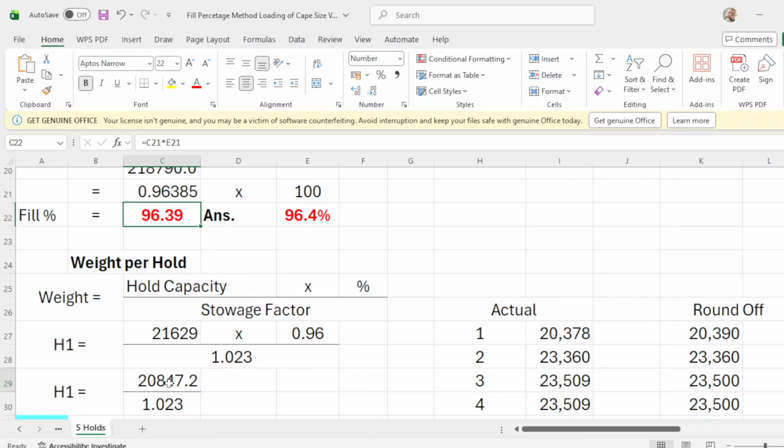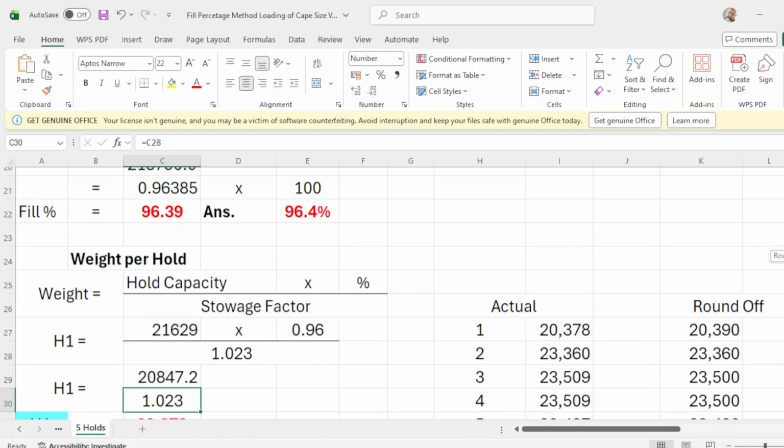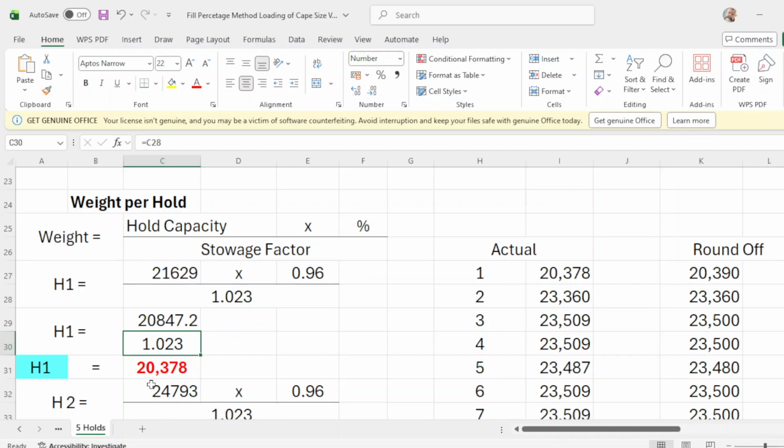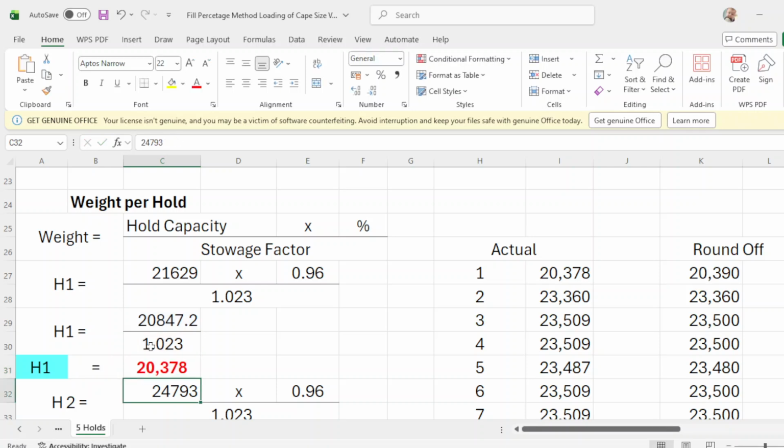So multiply the hold capacity times your percentage of 0.96, that will be 20847.2, and you divide with your storage factor, and your cargo to load in number 1 is 20378.